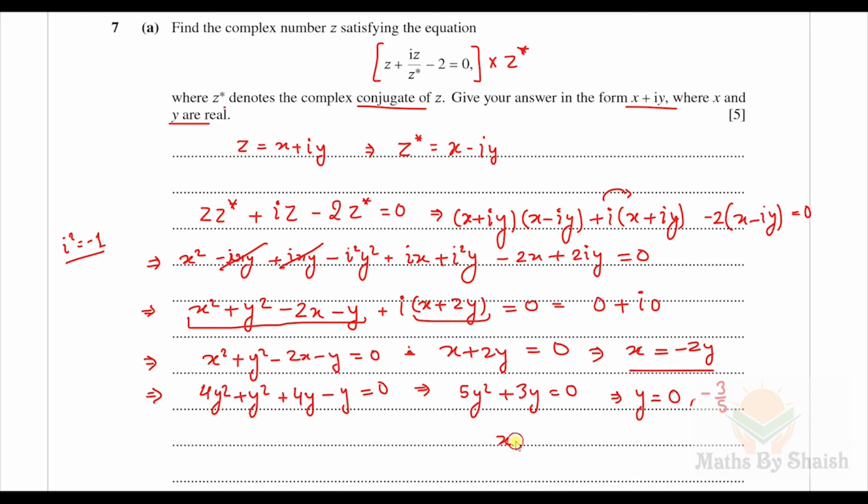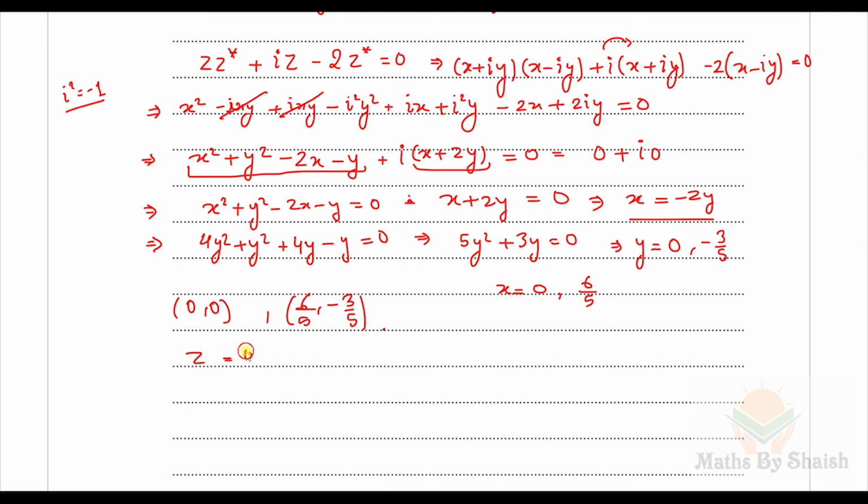So according to this, now we will get x also. x will be 0 or x is equal to minus 2 times this, so 6 over 5. So the two values are (0, 0) and (6 over 5, minus 3 by 5). We have two complex numbers, so z is equal to 0 plus iota 0, we will not accept it. So the solution is z is equal to 6 by 5 minus